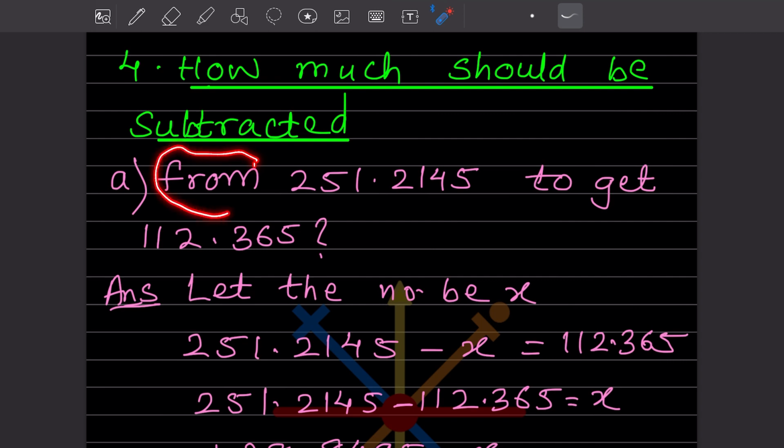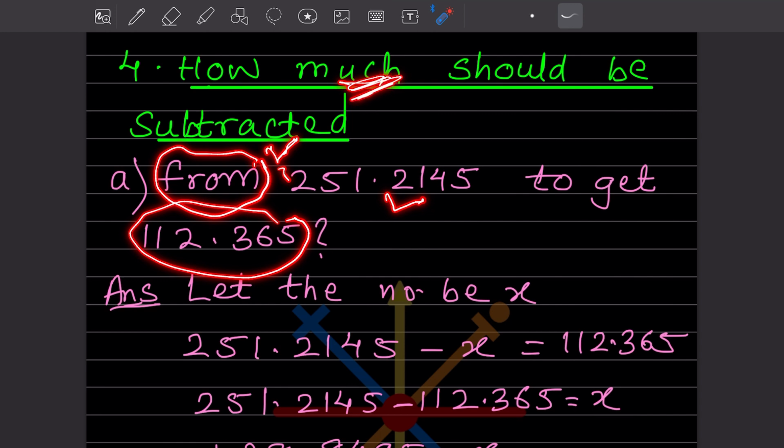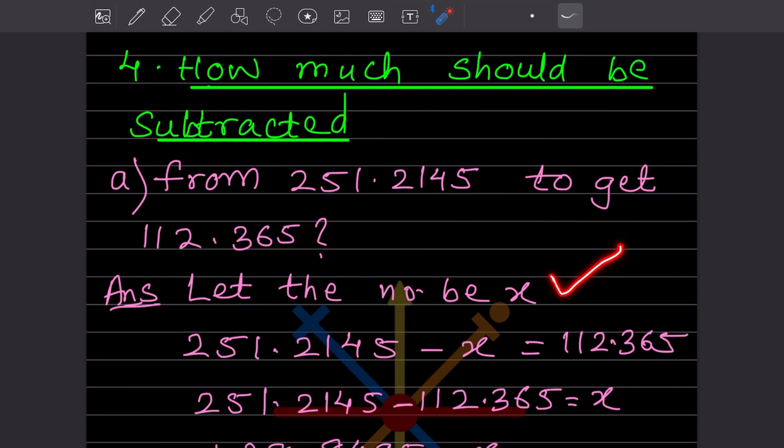See, the word from is used, from this number 251.2145 to get 112.365. So whenever this from is used, what you are going to write here, this from number should be in the start. So we don't know how much should be subtracted. That much means that is a number, that how much should be subtracted. So we can just write it, let the number be x. Now here, whenever the word from is used, means after from, whatever the number is, that should be in the start. So